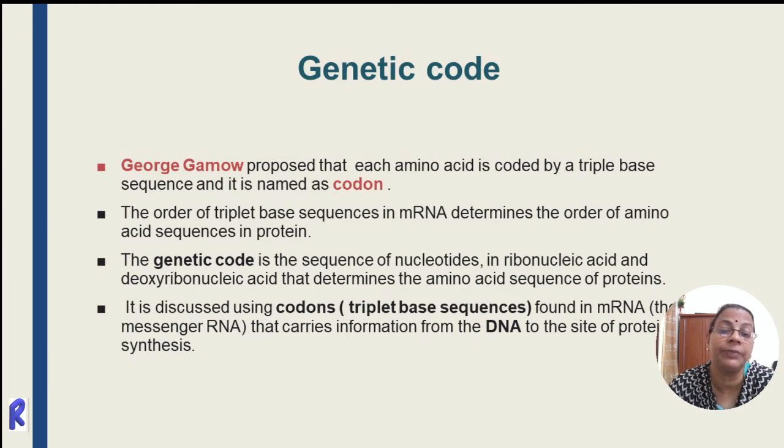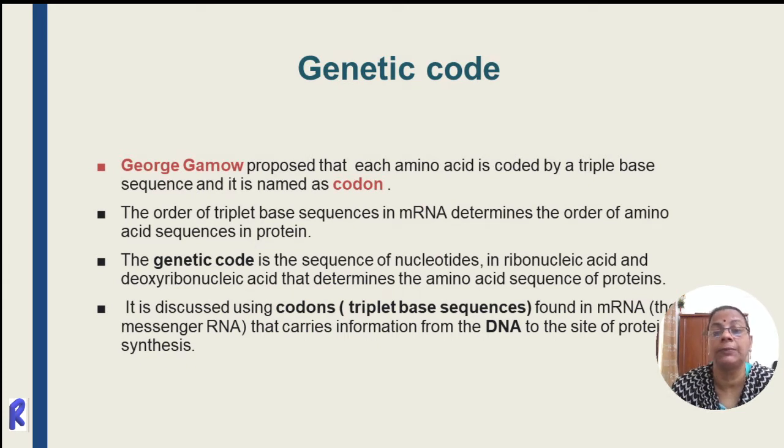Then he said it can be 4 to the power of 3. That means 3 base combinations can give rise to a single, that triplet code can code for a single amino acid. So 4 to the power of n means the total number of combinations which can arise from 4 bases is approximately 64. Then he concluded that since there are 20 amino acids, 64 combinations can be the possible explanation for a genetic